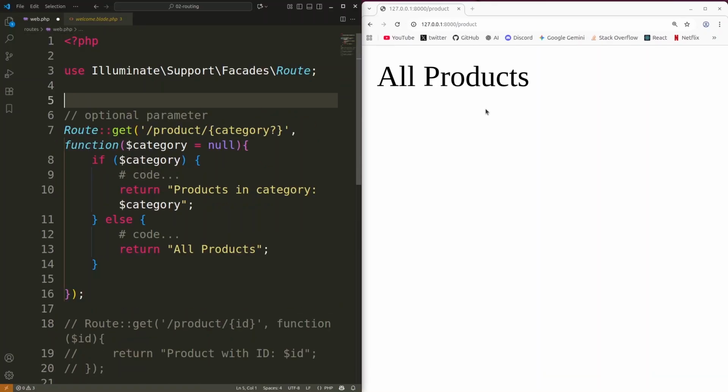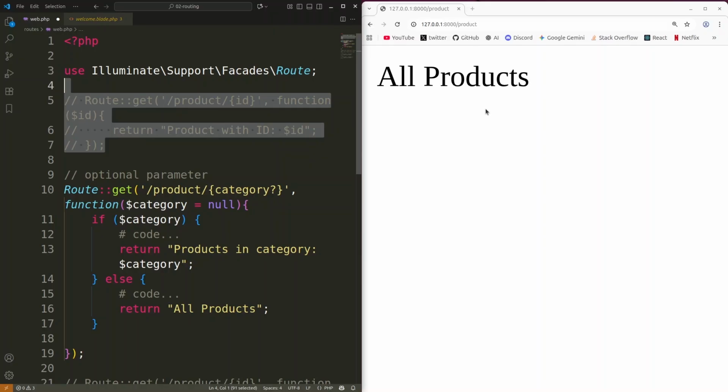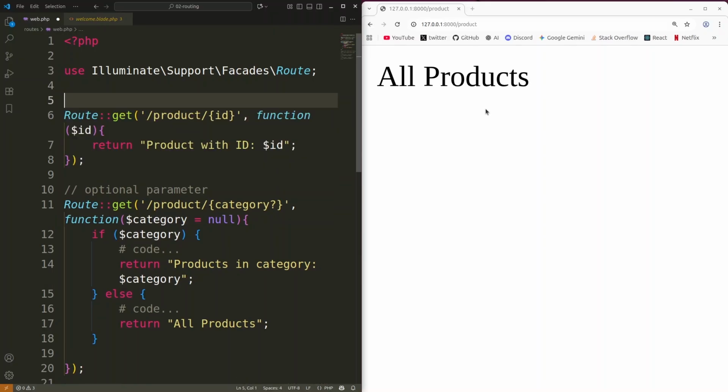Let's get back all the way up, and I'm gonna paste, and let's uncomment this code block, and I'm gonna name it say route constraints. And after that I'm gonna go and return product with ID,